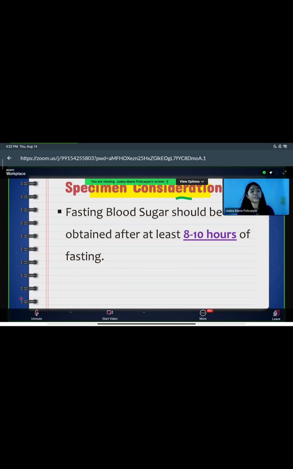Well, theoretically, practically kasi, oo, tatanggapin natin. Sayang, no? Kita ng laboratory yan, earnings din yan. Pero theoretically, we're not supposed to accept them. Ma'am, why? Kasi ganito yan. Ang glucose kasi